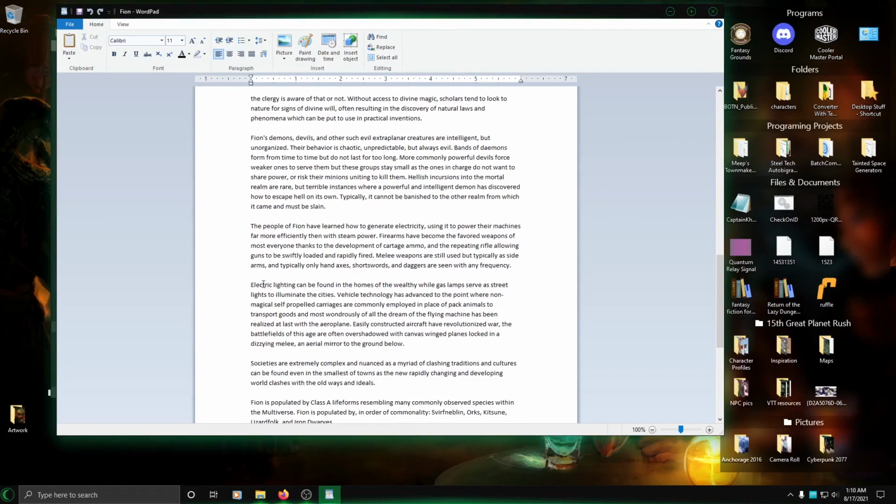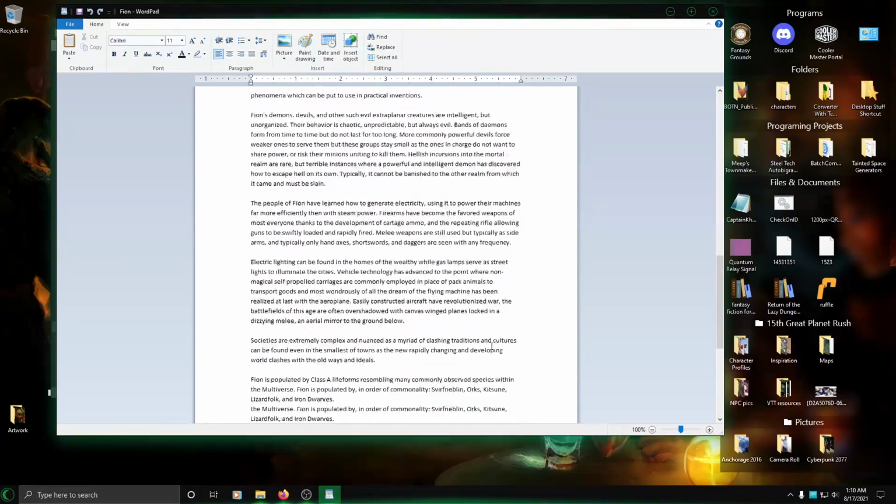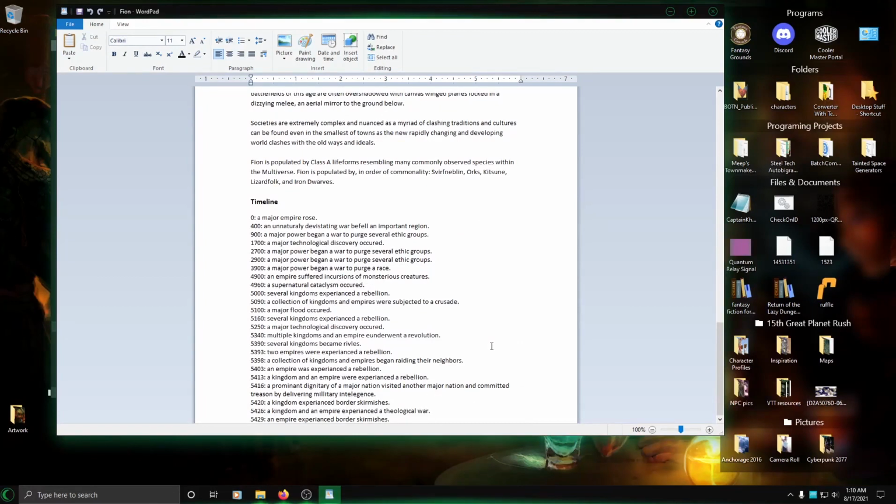Like that right down here, electric lighting to be found in the homes of the wealthy, where gas lamps serve as streetlights to illuminate the cities. Vehicle technology advanced to points where non-magic self-propelled carriages are commonly employed in place of pack animals to transport goods, and most wonderfully of all, the dream of the flying machine has finally been realized with the aeroplane. So it's this kind of steampunky setting with demons running around everywhere, and it just came from pre-set up stuff,